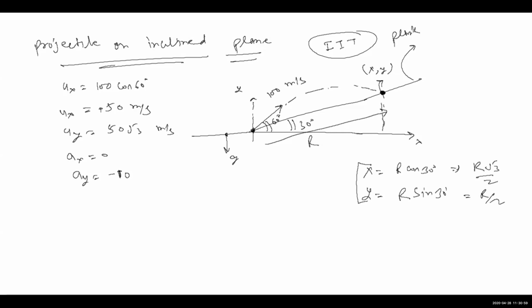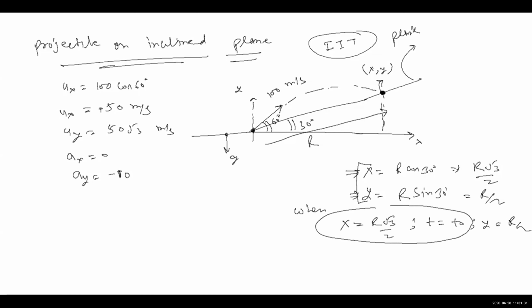When displacement along the x-axis will be this much and the displacement along the y-axis will be this much, then this projectile will hit the plane. It's not just along the x-axis, it is along the y-axis as well. So here I'll use the condition: when x is r root 3 by 2, time is t naught, and y is r by 2. Equation 3,